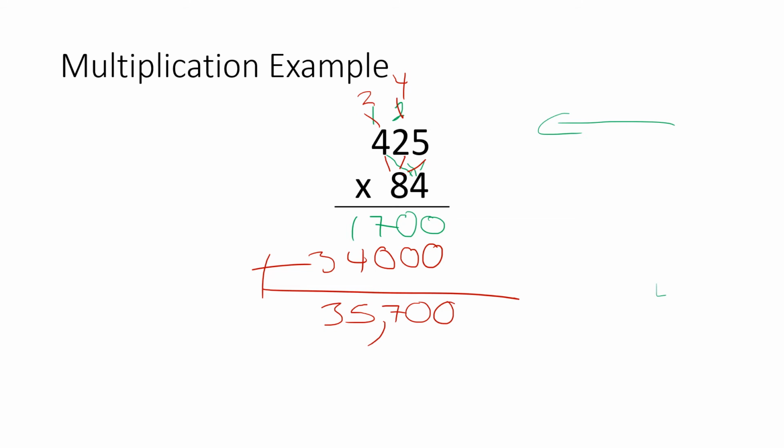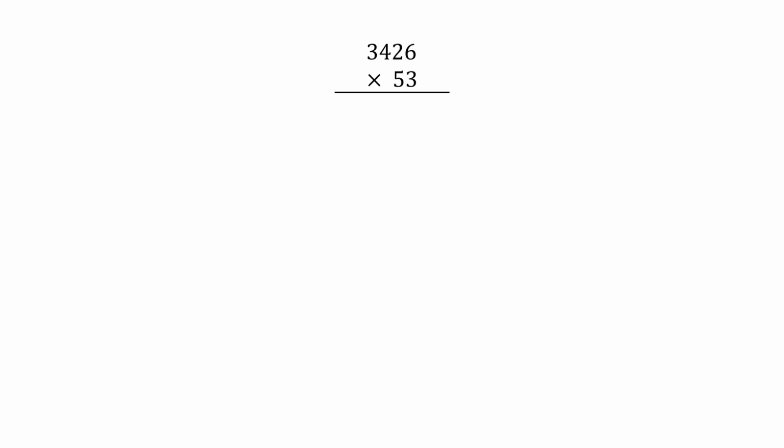So 425 times 84 is 35,700. Let's look at one more example of long multiplication, and then we will move into division, and then after that we will take a look at PEMDAS. So here we have